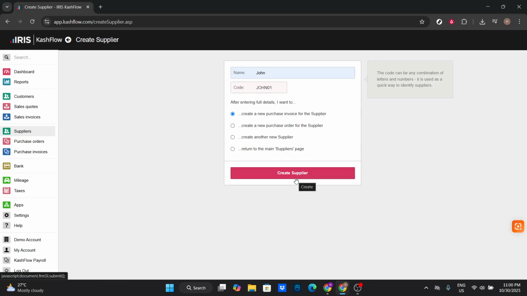The next step involves entering the supplier's company details. Here, you can input aspects like the address, contact information, and any notes